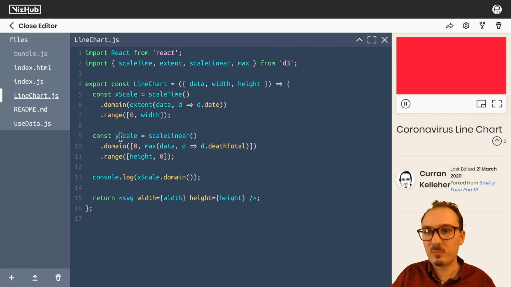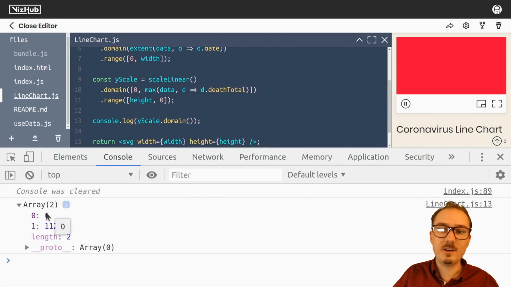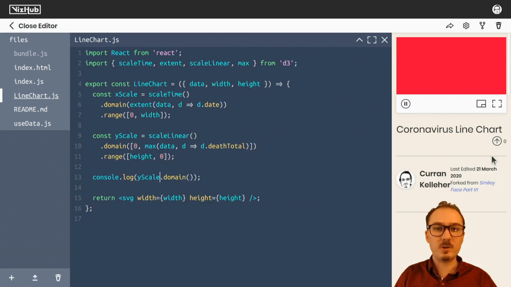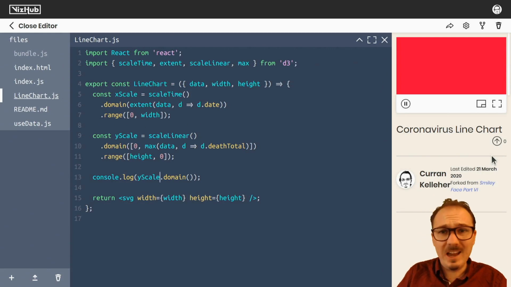So let's do some proofing and just check if we got this right. Console.log yscale.domain. That looks correct, starting at 0, going up to 11,000 deaths. All right, I think it's working correctly. Now we need to define our line. I just want to put a line in here